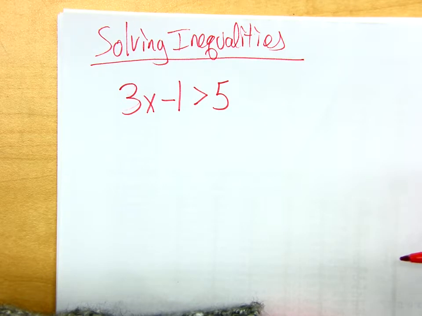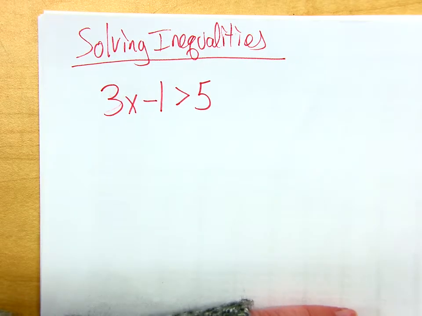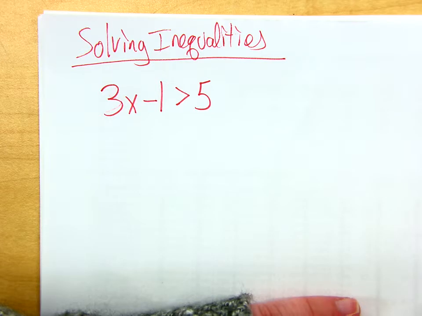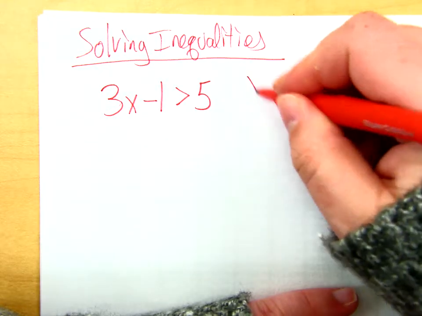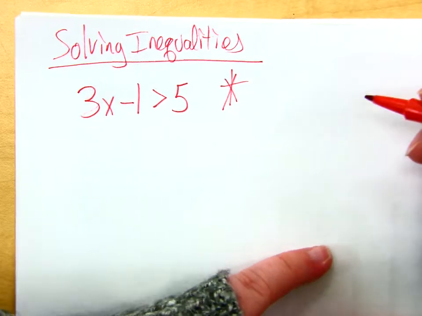Anybody remember, Liliana? Oh, you're so close, but it's not for subtraction. Anybody remember when you switch the sign? When it's negative. And what are you doing with that negative? You're dividing? Yeah, so anytime you multiply or divide both sides by a negative, you're going to flip the inequality symbol over. So let's put a big star in our notes because this is the most important thing you